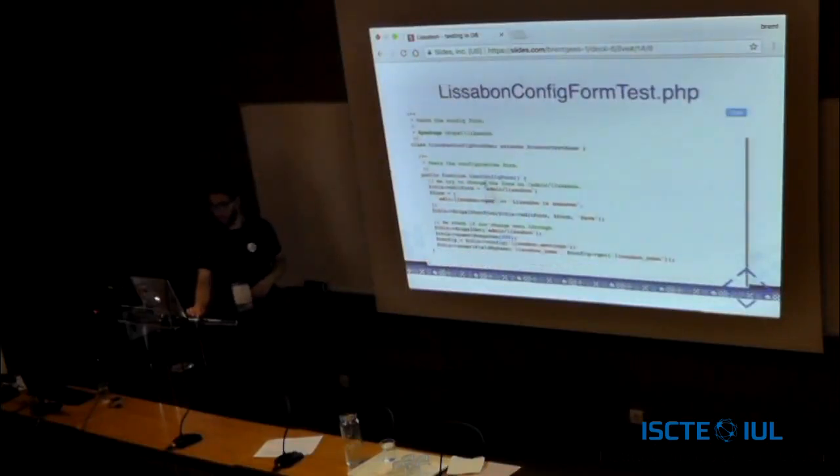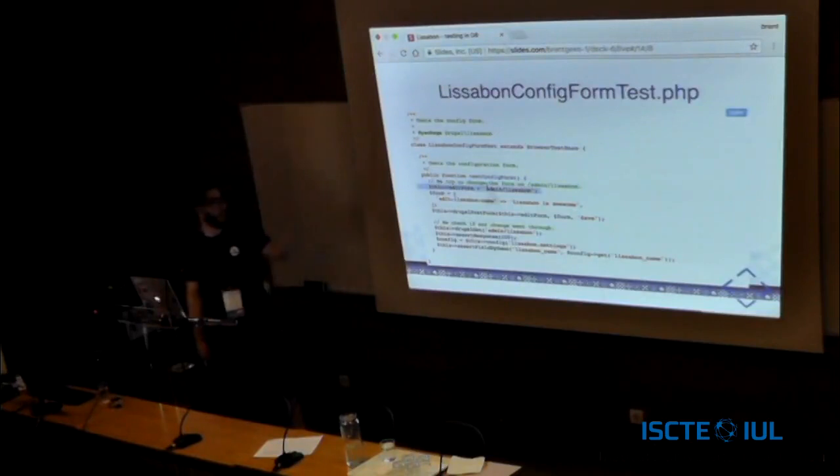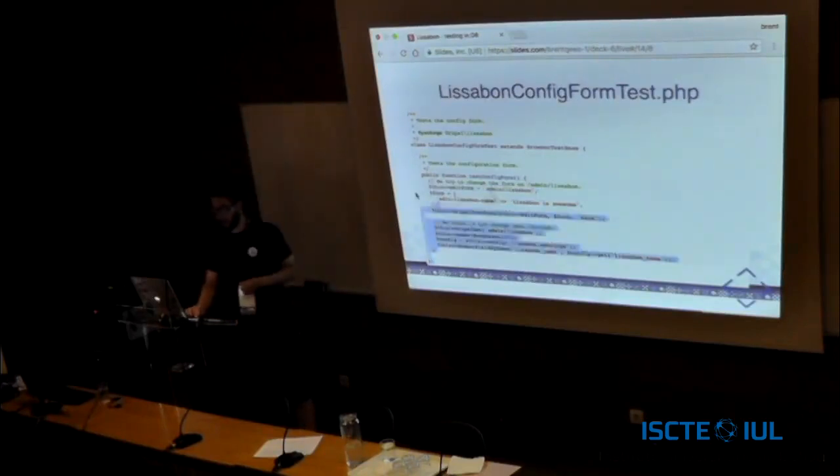Then the test itself. I'm going to write a value in the text box on the config form, try to save it, and check if it has changed. The edit form variable is just the path to the form, so admin/Lisbon. And then the form variable is an array with all the changes I want to make